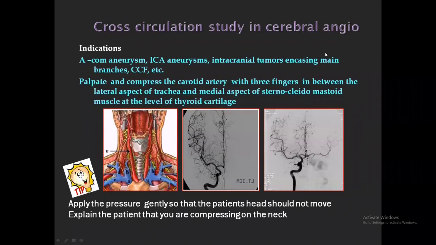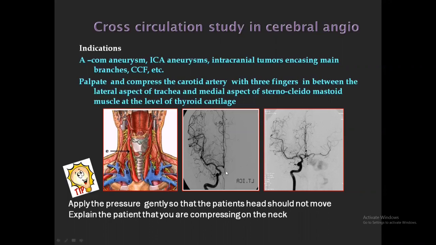Then the cross circulation study. There will be blood flow across the cerebral hemispheres. Normally this cross flow will not be active, because from both sides blood flow is coming in. So when there is a pathology, for example, if you are going to do a surgery for an aneurysm of the carotid artery of one side, and if accidentally the blood vessel gets occluded, then we are seeing whether, from the cross flow across the anterior communicating artery or posterior communicating artery, blood flow will come to the affected side.